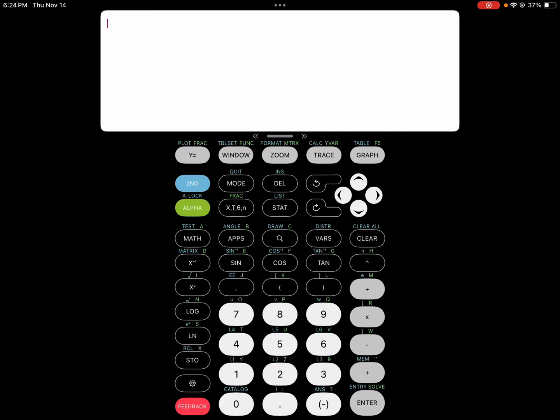All right, I told you I was going to make a separate video just to show you where some of these buttons are located on the calculator and how we can use them with exponentials and logs. So that's what I'm going to do here. So starting out, just showing you